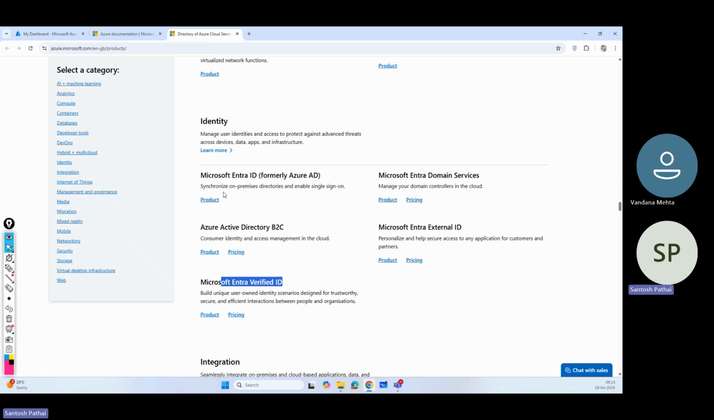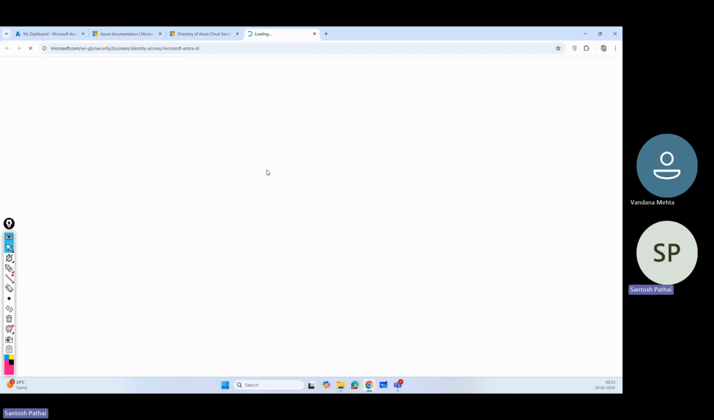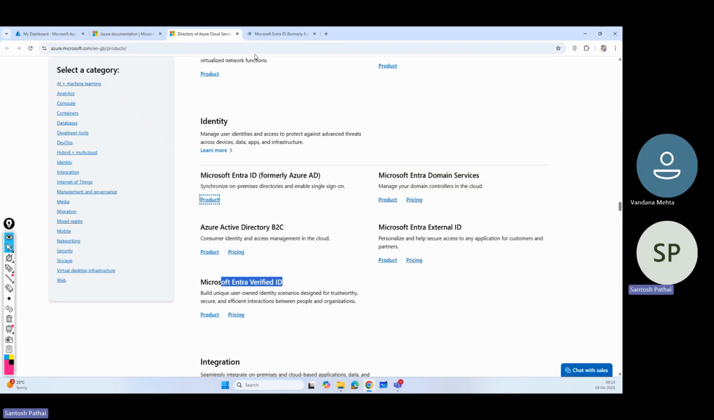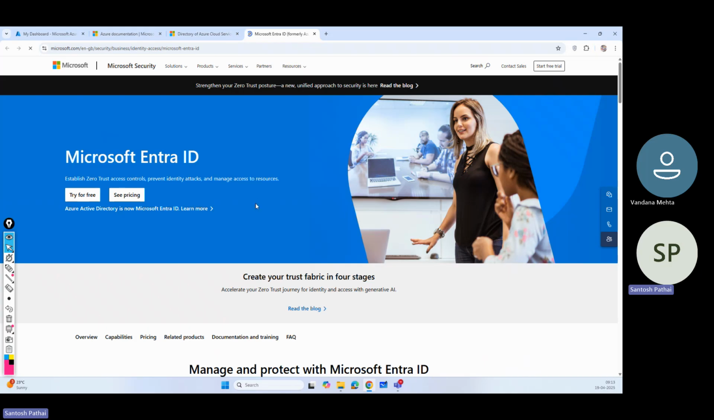Now here it is not showing any pricing, right? But it has a pricing. If I go to the product, why doesn't it show the pricing? Because by default, when you buy any Azure service, it comes with a free plan. So we can see we have the pricing. If I navigate to the pricing,